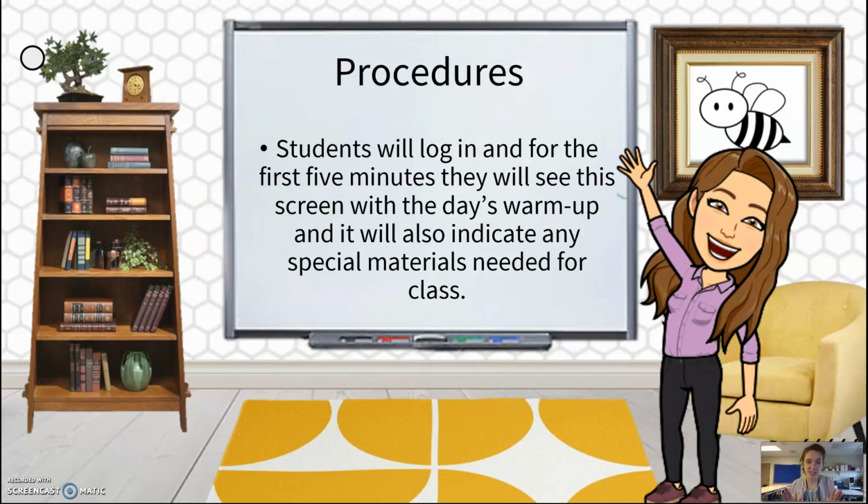But really, it's just going to be a warm-up that they'll work on, and I'm going to be following the tardy policy from the school. After 10 minutes, if they're not in, I'm going to be moving on from the warm-up, and they're going to be marked tardy. If they miss the warm-up, the only way they can get it is by watching the live stream, which I'll show you how to get to on the class website.